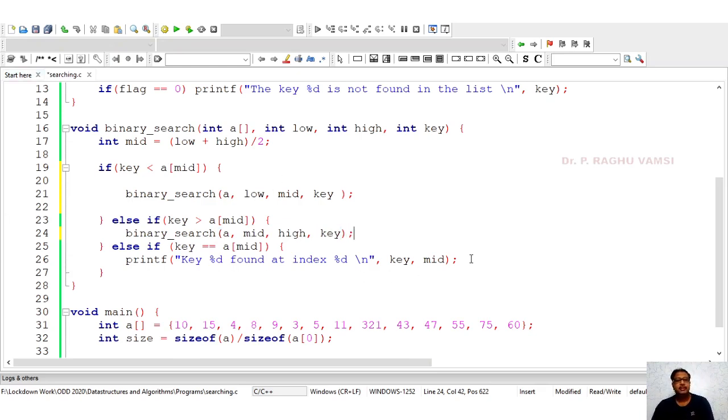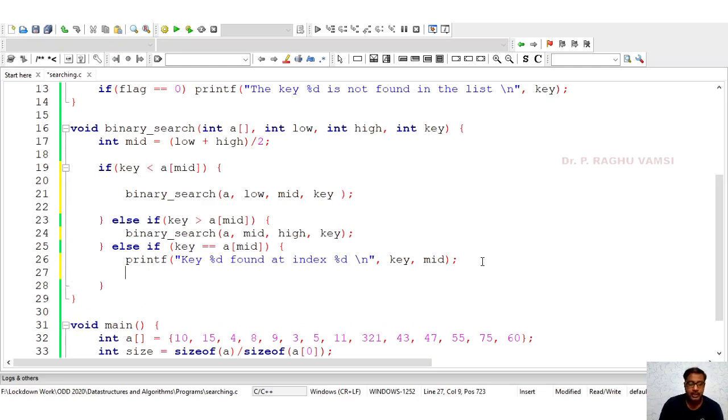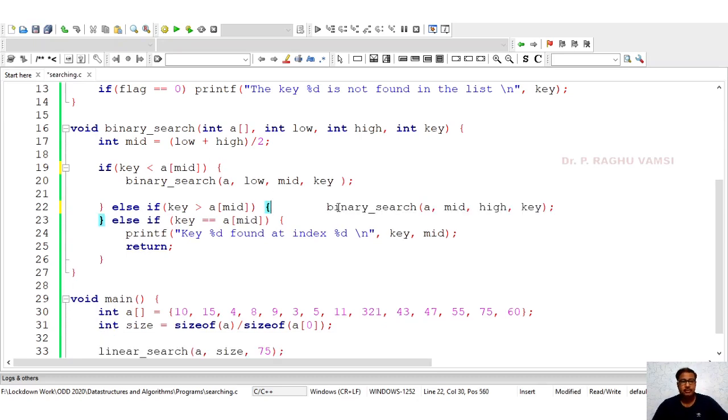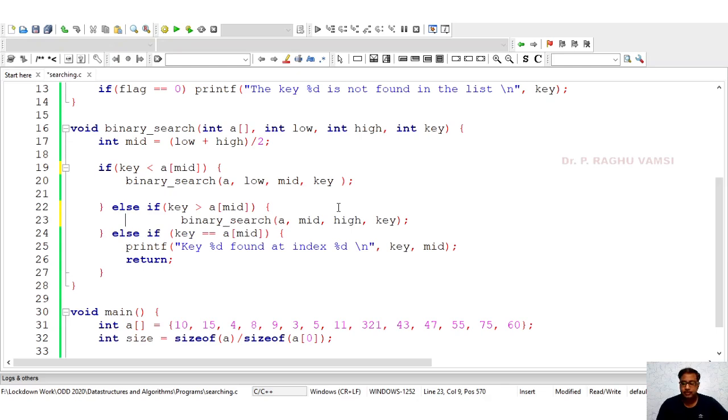If key is equal to a of mid, then printf key %d found at the index so and so, and simply say return. So this is the binary search that we can implement.